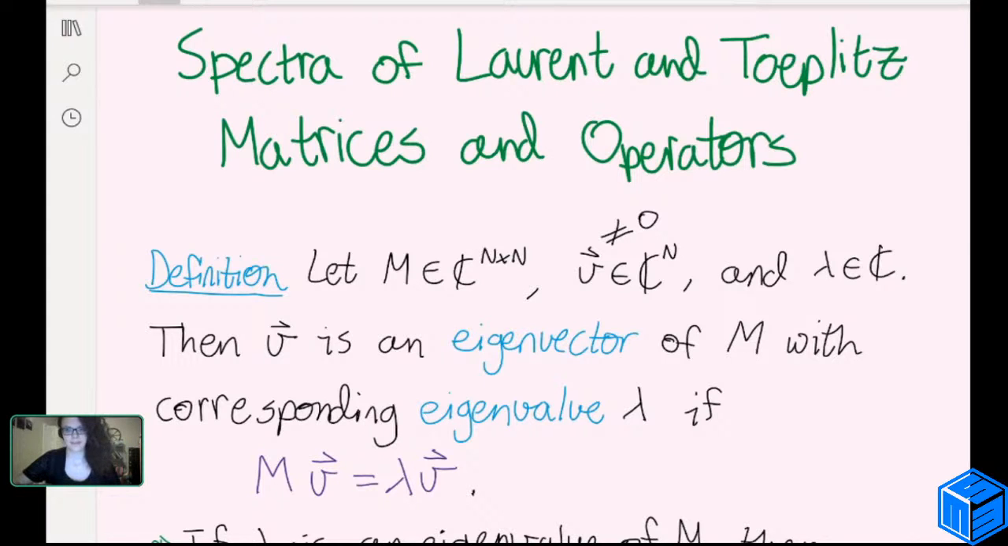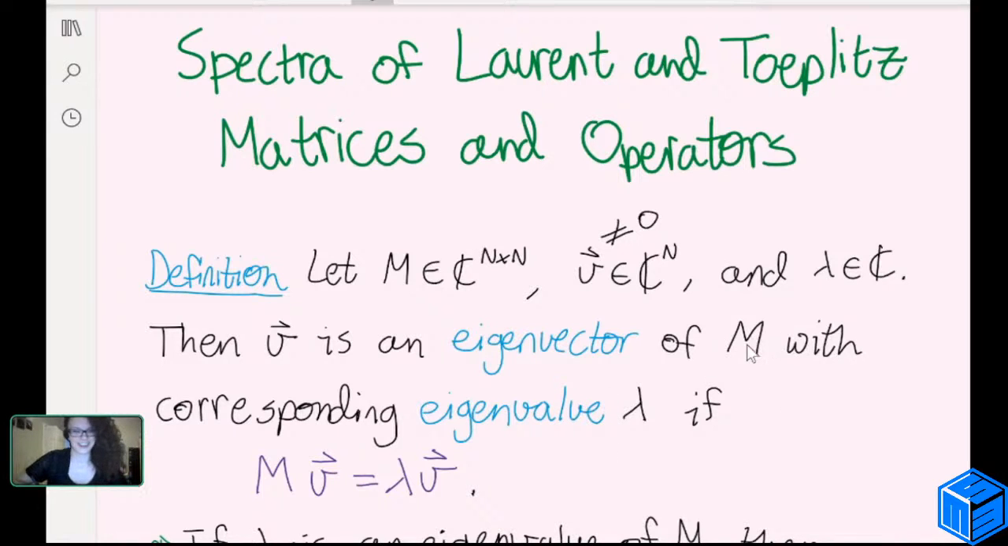So if we have a square n by n matrix M, then a vector v, which is not equal to 0, is an eigenvector of M if it has a corresponding eigenvalue lambda, such that